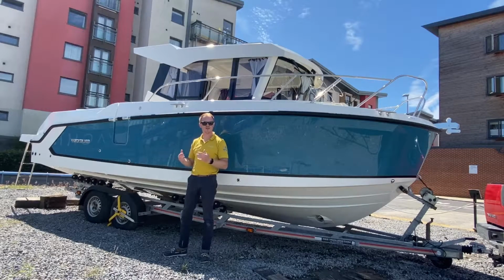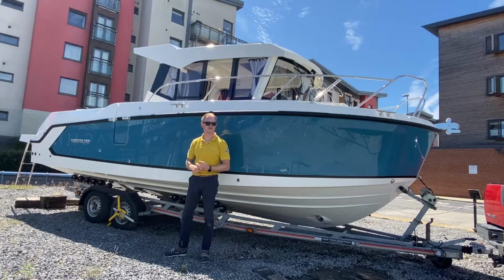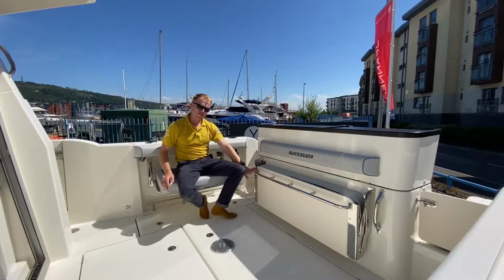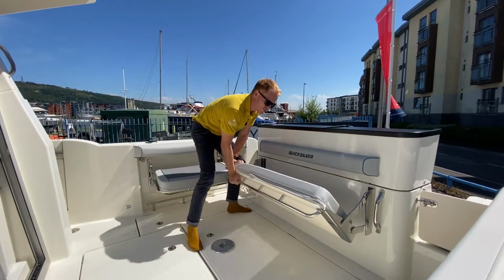So I'll just take you on board now, show you a couple of the features and the new ideas that Quicksilver came up with on this boat. This is the first in the UK, so I hope you like it, and if you've got any questions, just get in touch. So in the cockpit here you have these two movable seats, so you just push out,